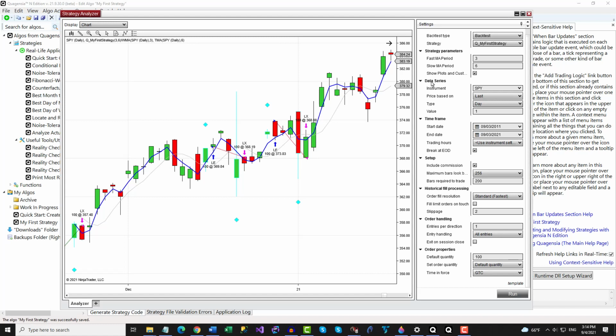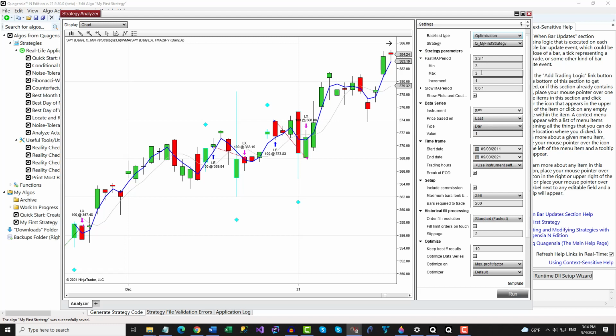Now that we have backtested our strategy using a fast moving average period of 3 and a slow moving average period of 6, let's quickly run mini backtests of our strategy, but using different values than 3 and 6 for our input parameters. To do this, change the backtest type to optimization. Set the min and max values of fast MA period to 3 and 15.